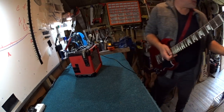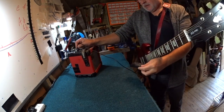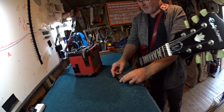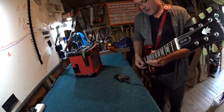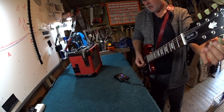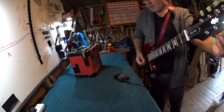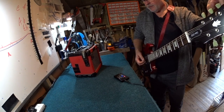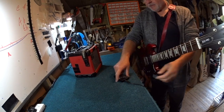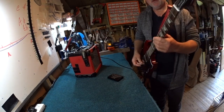Let's just do this with the tuner a minute, because I want to check something out. So we have this. Chris just dropped this off today, and it's in for a setup and lowering of the action. That's now in tune according to the tuner. We put it back together again and we